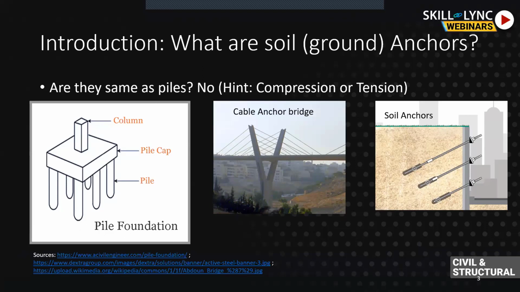So a pile is a type of foundation which takes compression, and it takes this compression force and projects it into the ground. The cable anchors or soil anchors are just the opposite of what the piles do. Piles accept compression, and if we apply tension, these piles are not able to take the tension. They have some tension capability, but these anchors are specifically designed for tension. So you can take the analogy here that anchors and pile foundations are opposite of each other. A pile foundation is for compression and ground anchors are for tension.